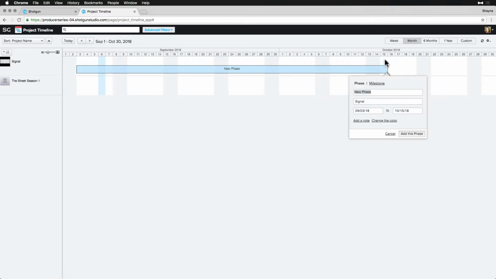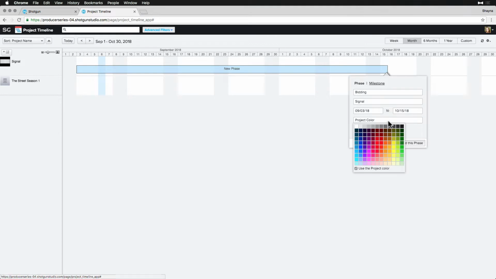And as we can see, we don't have phases and milestones created yet for our Signal project. Let's enter in some key phases and milestones that will drive our production. Since we are currently in the bidding and production phase, let's start with that. We are confident that we will be awarded this work, so let's enter the date that we anticipate this award as a milestone.